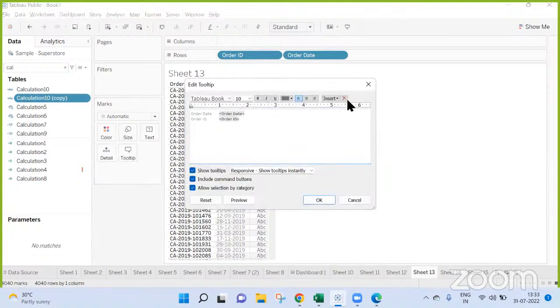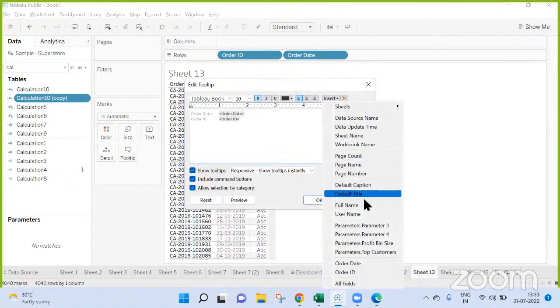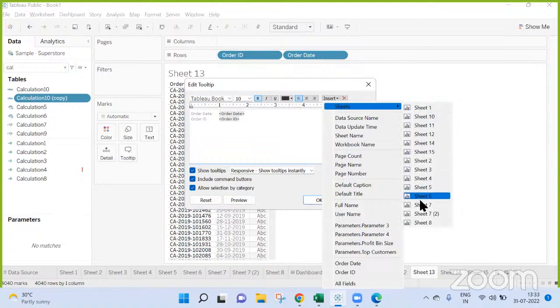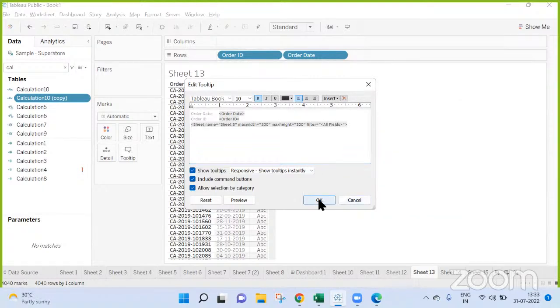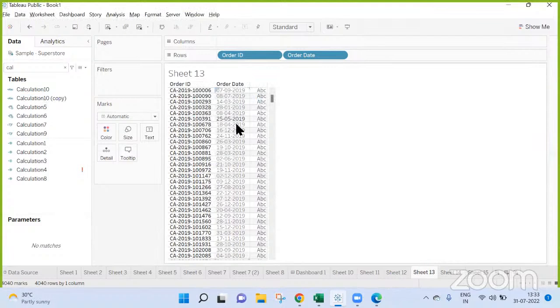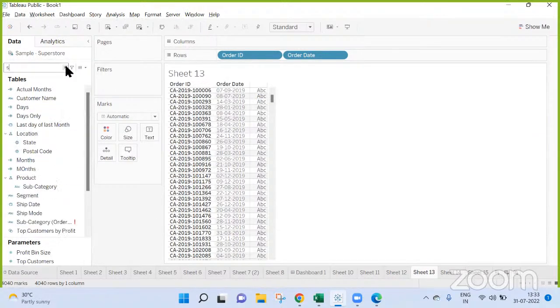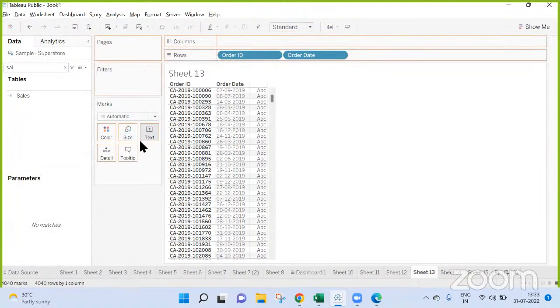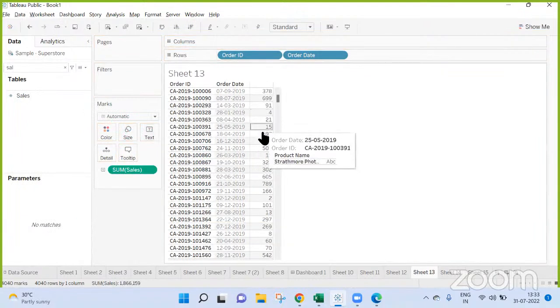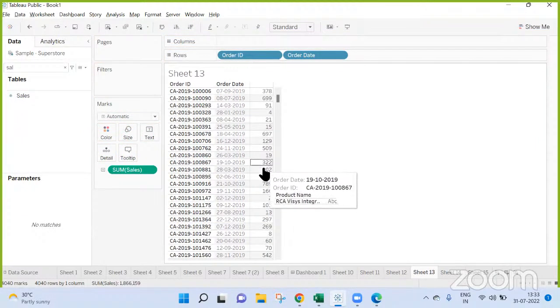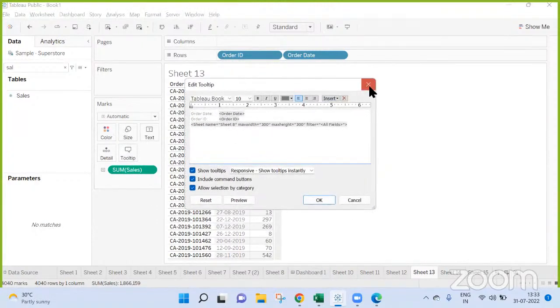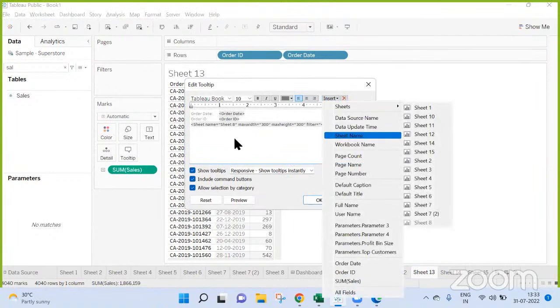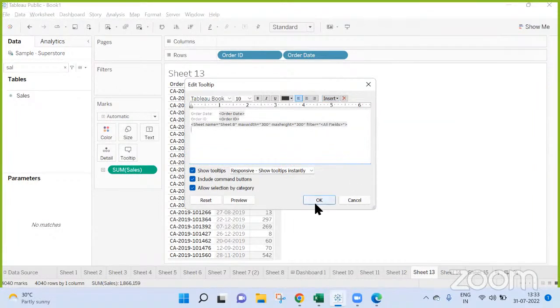After this, I'm bringing this visualization tooltip sheet. You just select any sheet. I'm selecting sheet 8. Now this will give you the visualization tooltip. You see there? You can get it that way. All you need to do is go to tooltip here, choose the sheet, bring that tooltip, and then you can use it.